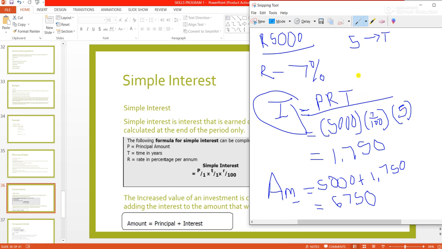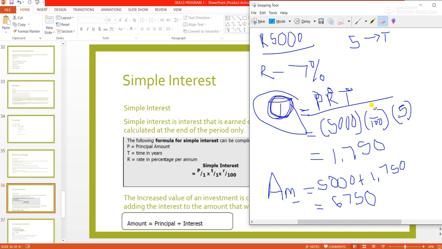You may find in some instances you are given the interest rate and the amount, and you are supposed to calculate the time, the principal value, or the rate. So you just have to work out your calculation. If you're given two values and not one value, you just have to input the values. Let's say for instance,